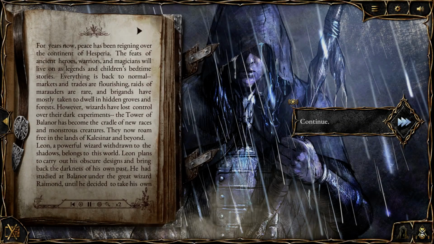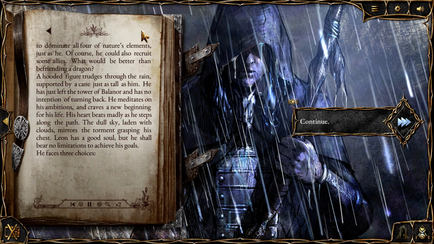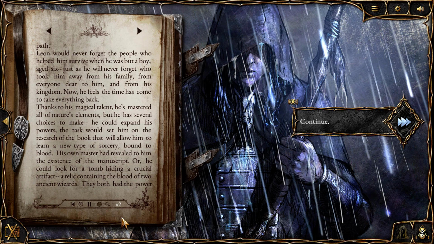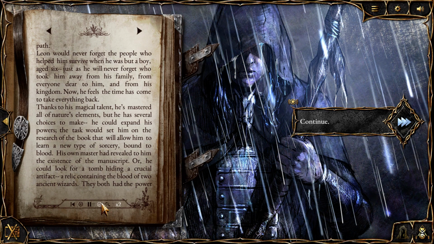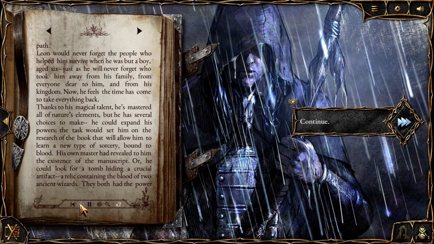For years now, peace has been reigning over the continent of Hesperia. The feats of ancient heroes, warriors, and magicians will live on as legends and children's bedtime stories. Wizards have lost Kalsinar and bring back people. Now, he feels the time has come to take, just as he will never forget who he decided to take his...